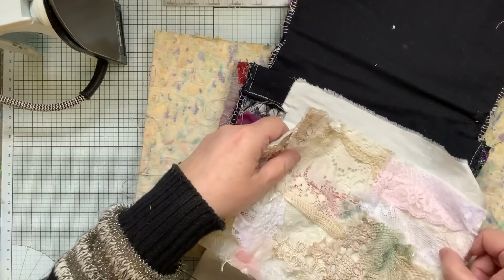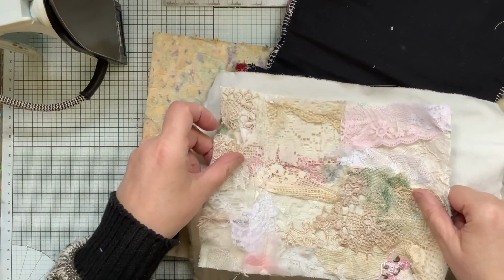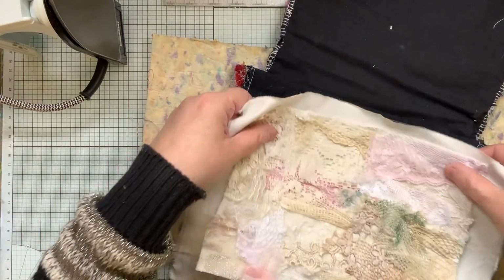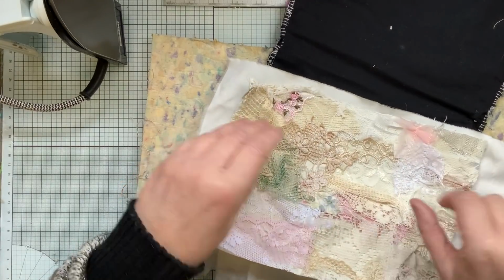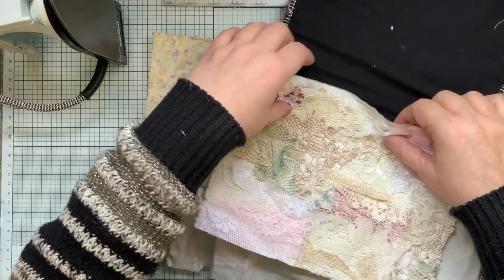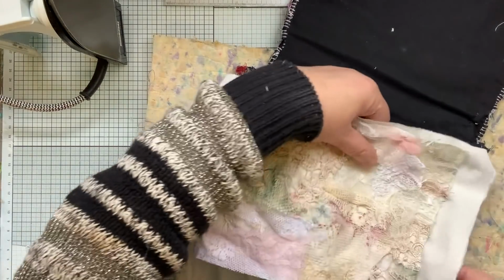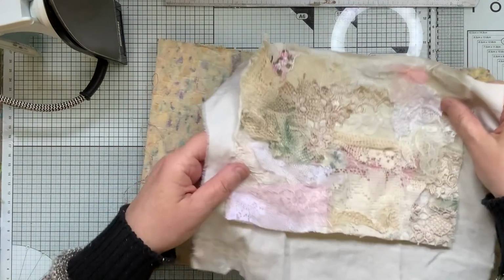Okay, right, it's going to be like that, isn't it? Silly me. Okay, right, so that's going to be that panel. See, I nearly done it wrong, didn't I? It's going to be that way. Okay. Yeah, that's going to be that panel there. That's fine. Okay, right, and to iron it,